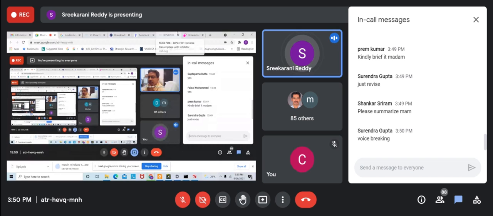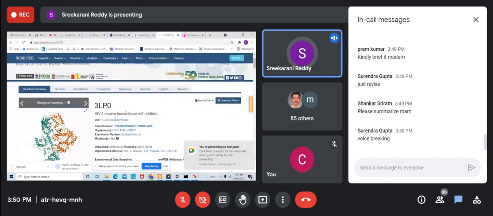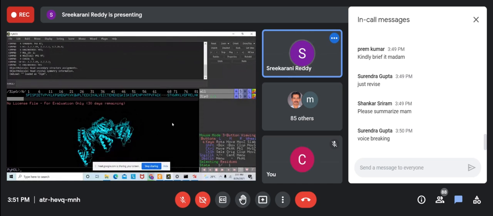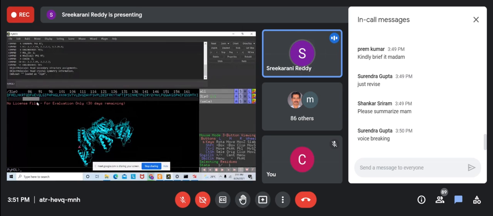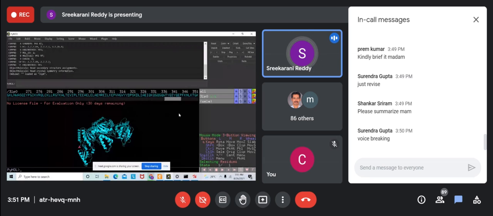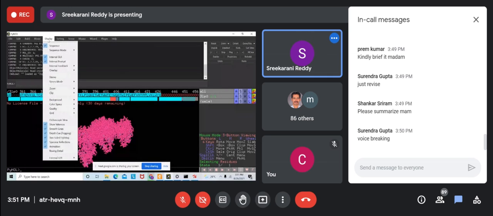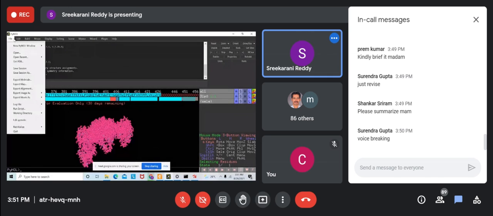So I have downloaded the specific protein of our interest and I tried to open it in PyMol. Here, if you see the sequence at the bottom, we try to select a specific chain. You can select it with shift, or you can go to Build and Residue, Edit.